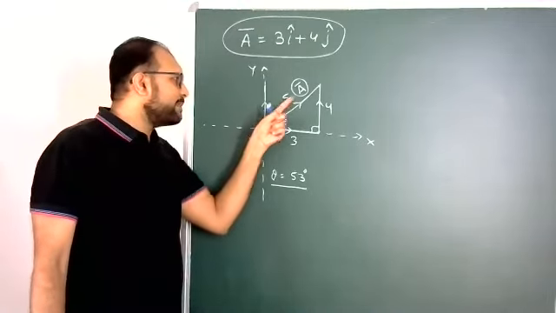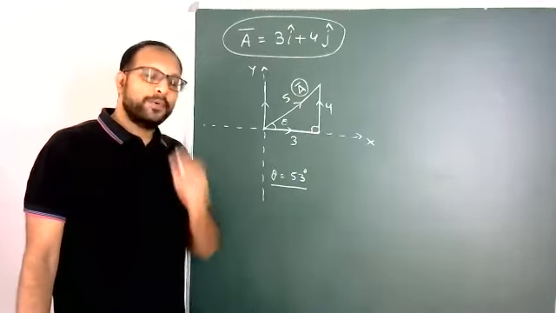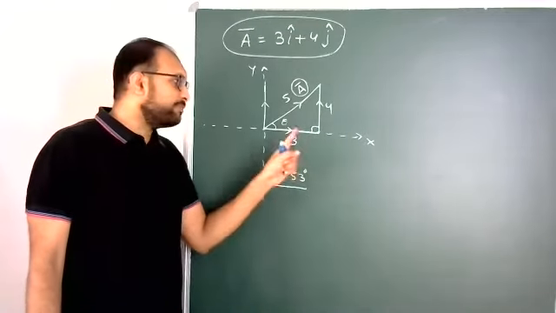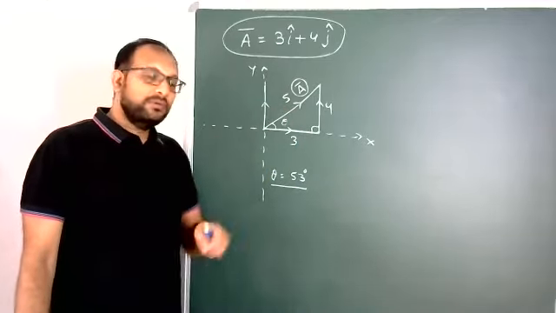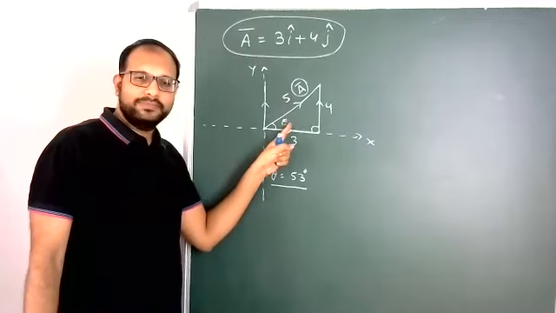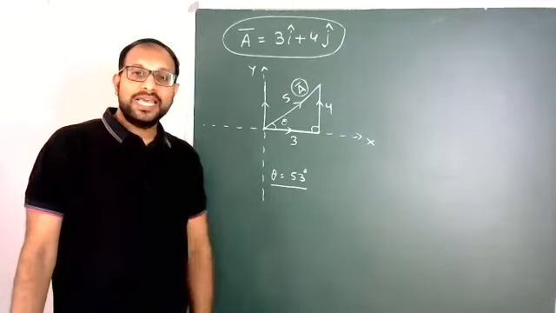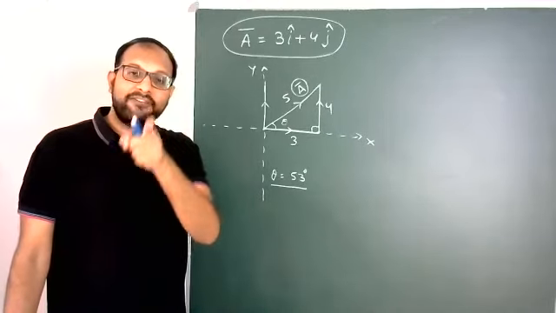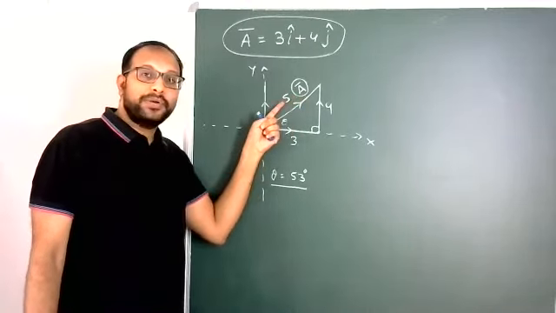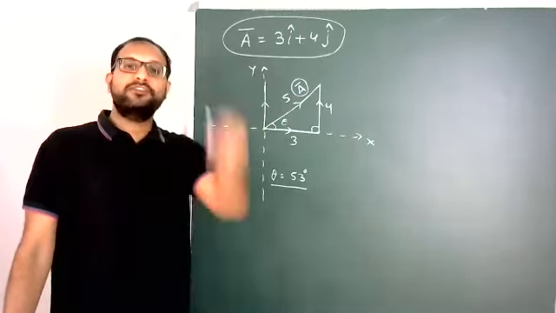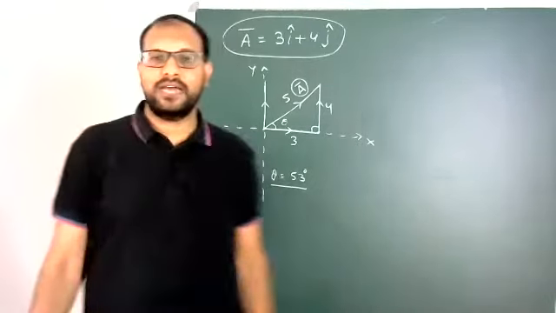Suppose 5 is the magnitude of A bar. Now 3, 4 are components. Previously from the components we obtained the magnitude. Now from the magnitude and the angle, these two components we are going to find out. This is nothing but a resolution of a vector. Means the vector magnitude and direction are given, and we need to find out the components. That finding of components is called resolution of vectors.